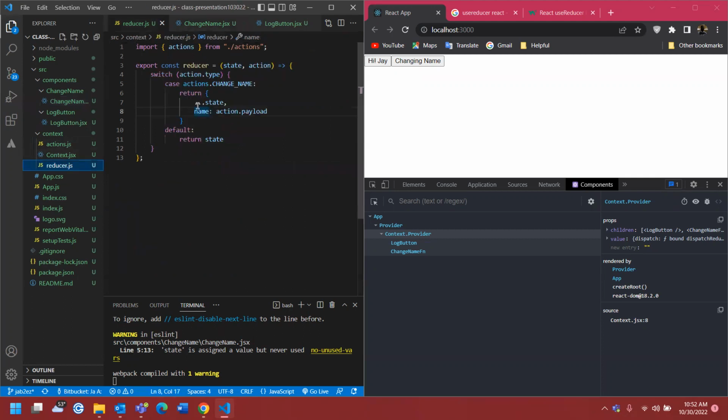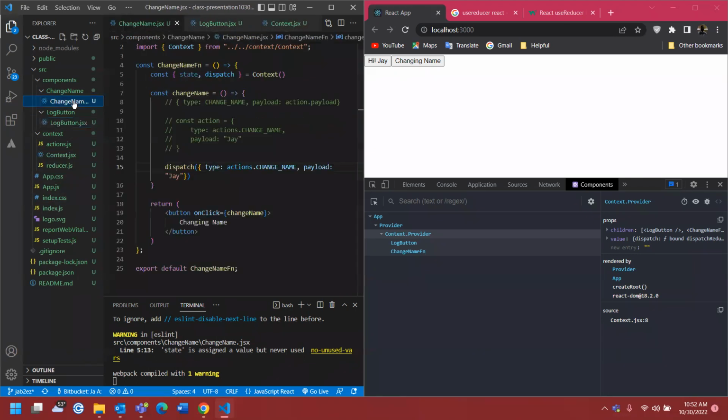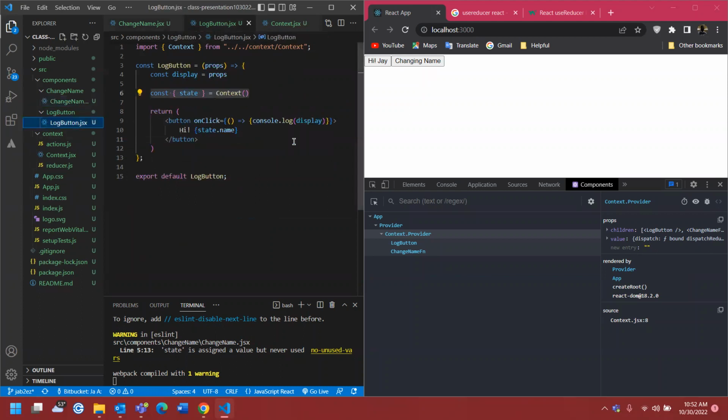And like I said, the reducer is handling the change. So I tell it what action to take. And then based on whatever action I tell it, it says, oh, okay, you want to change name. Well, I have to run this change name function, right? And then that's how I'll control how my state is updated, how my state is changed and updated. So in this case, my change name button has been set up to run this change name function. My change name function will run. It will update the state, the same state that I'm extracting from this context, because it's all the same, right? It's updating the state, and it's going to then display